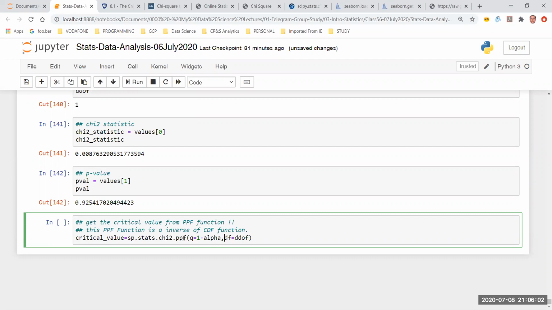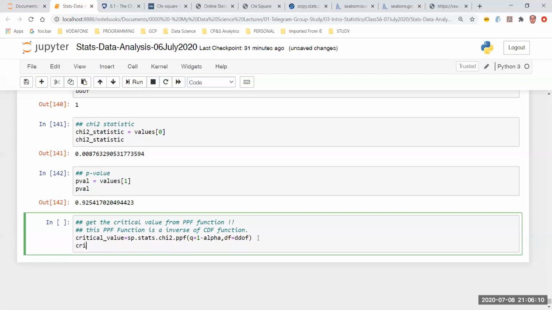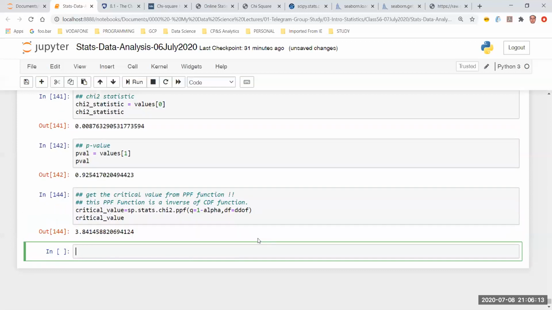We have looked into Python functions, right, where they accept named parameters. So we have to call this function using this way only. And then I get the critical value. Okay, you see, I have got the critical value. I have got the chi-square test statistic. If I've got the chi-square test statistic and I've got the critical value, what I can do using